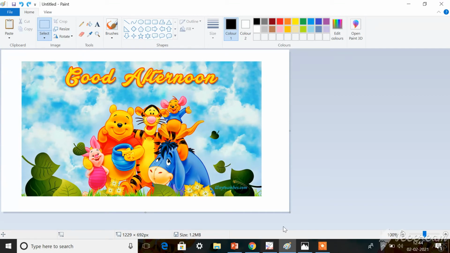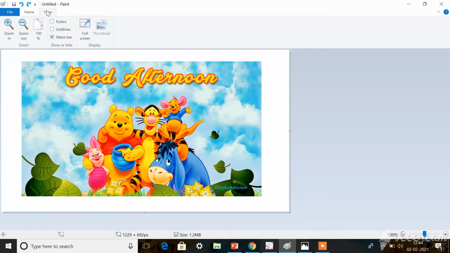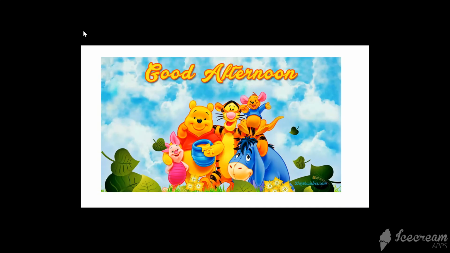Now shall we see how to see your drawing in full screen? For that you should go to the view tab. In that you should go to the display group. There is an option called full screen. There you should click. Can you see?